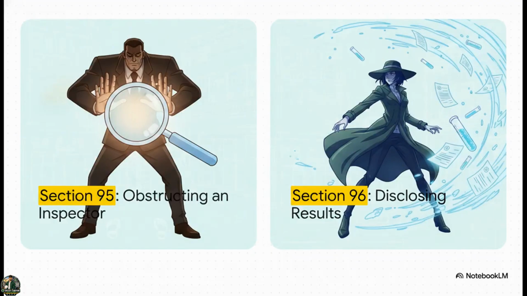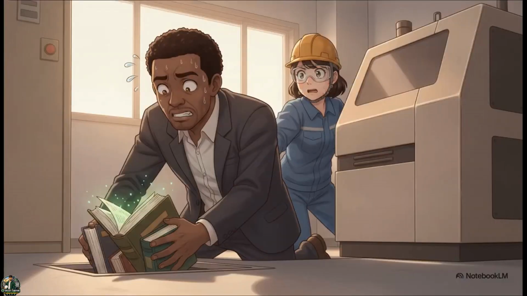The Act penalizes both ends of the information spectrum. Section 95 covers getting in the way of an inspector, while Section 96 covers wrongfully publishing the confidential results of a factory analysis unless it's specifically required for a legal prosecution. Under Section 95, you don't have to physically block an inspector at the door to be guilty of obstruction. Just failing to produce the required registers on demand, or actively concealing a worker or telling a worker to make themselves scarce before they can be examined, all of these are direct, punishable violations.